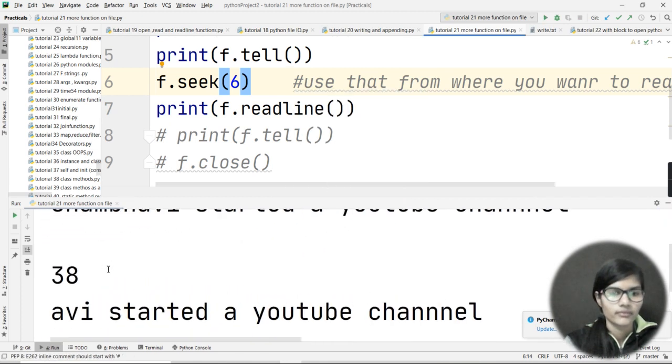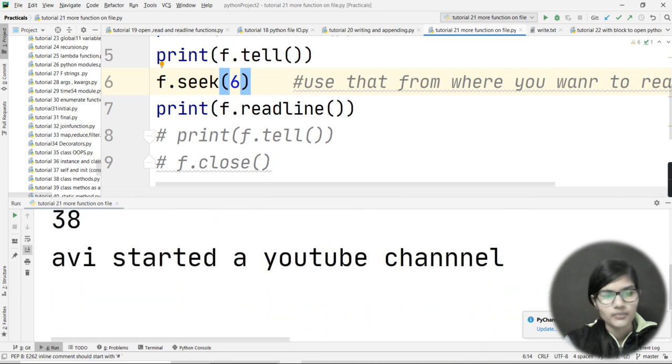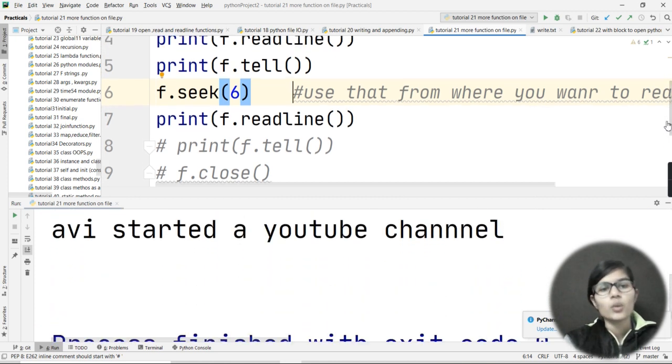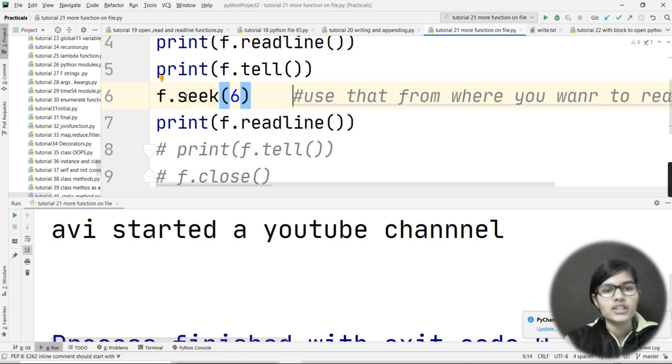Okay, so see here, I used f.seek with 6 in brackets. So now it will start reading my file from the 6th position. The index thing is the same, it will start from 0, 1, 2, 3, 4. It is like string slicing, where the characters also started from the 0th index, and here also it will start from the 0th index.